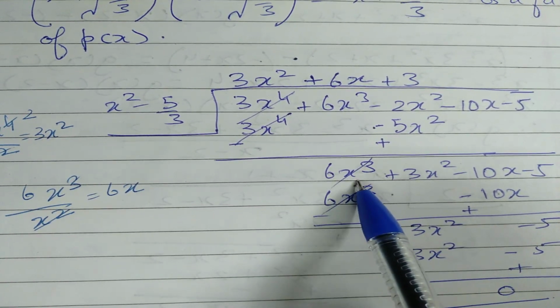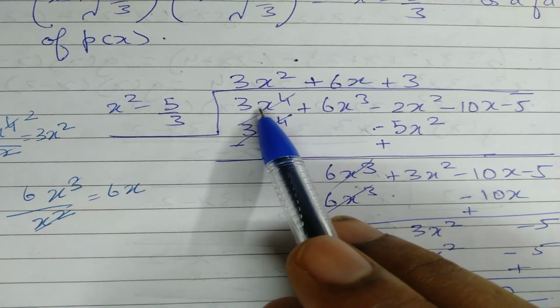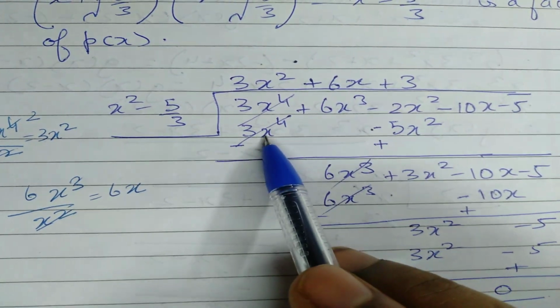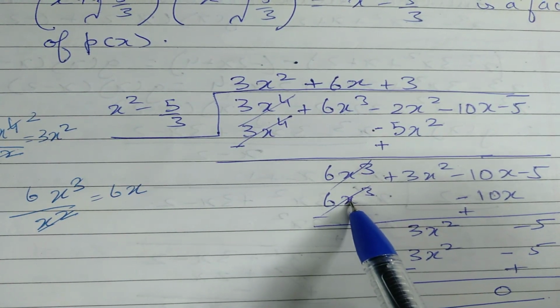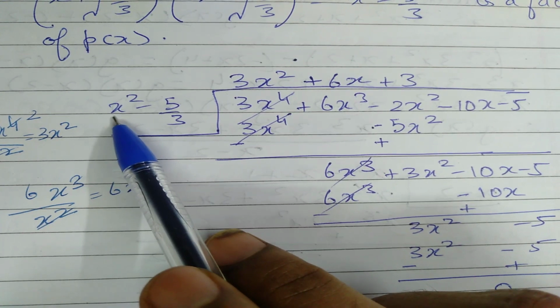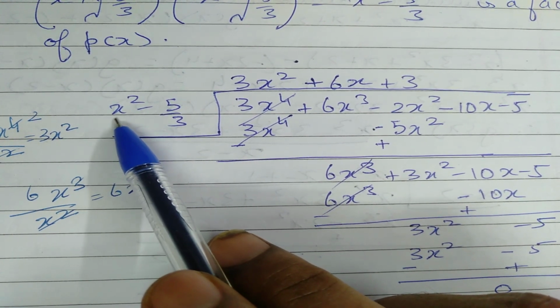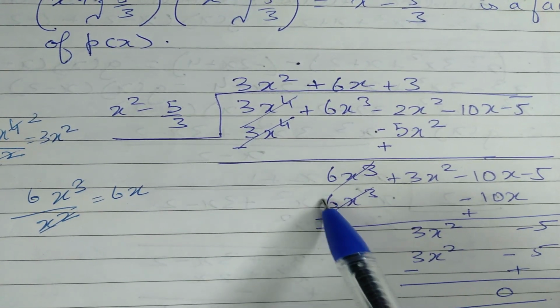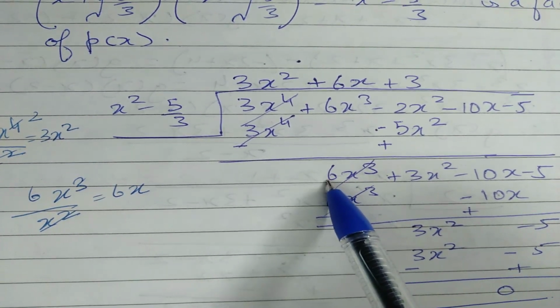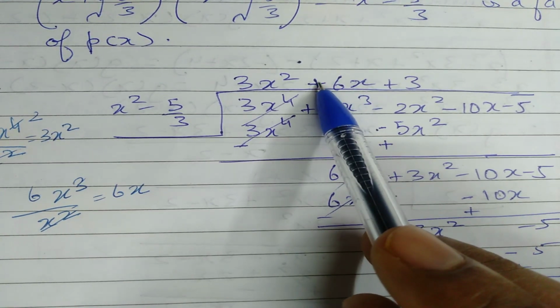That is why. Because our attempt is always to eliminate the first term. So our first term here is 6x cube. See here in this step also we try to eliminate the first term. Always we try to eliminate the first term. So whatever is the first term in the divisor, we need to multiply with the number so that I get the first term always with the same sign. So here it is positive. So that is why I have put here plus sign.